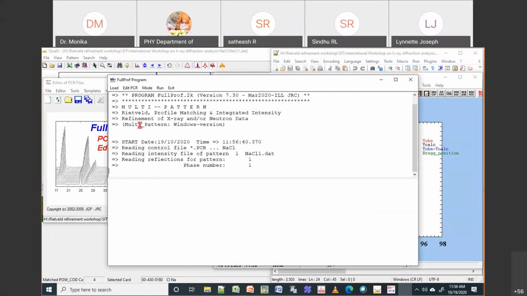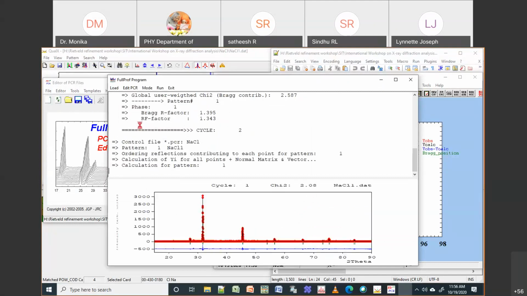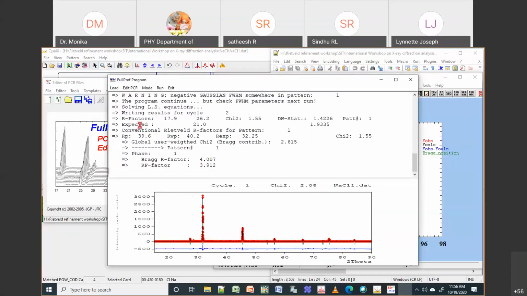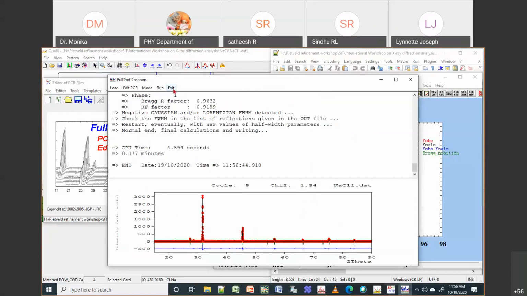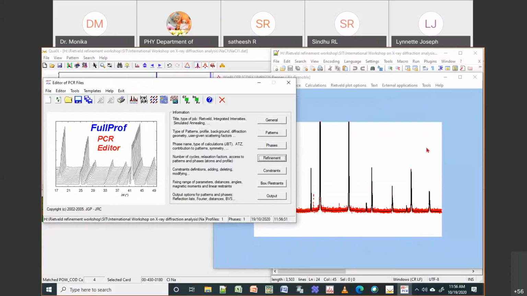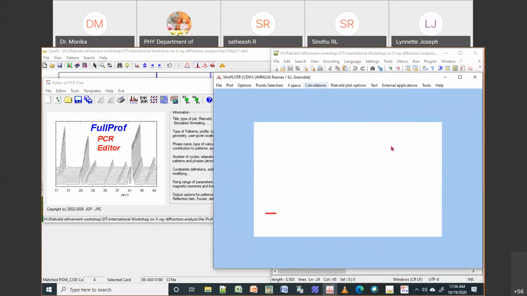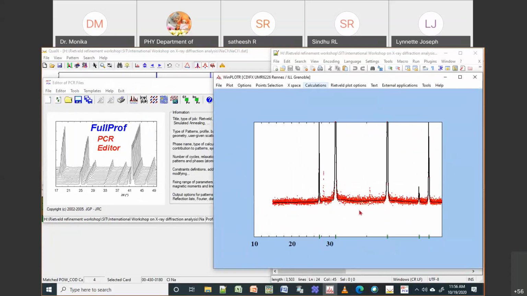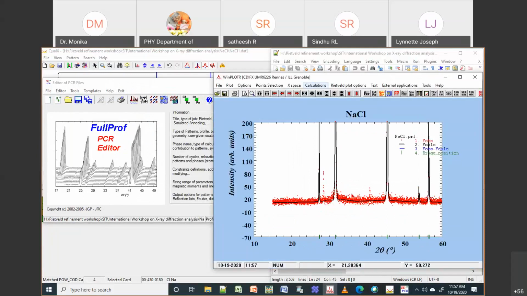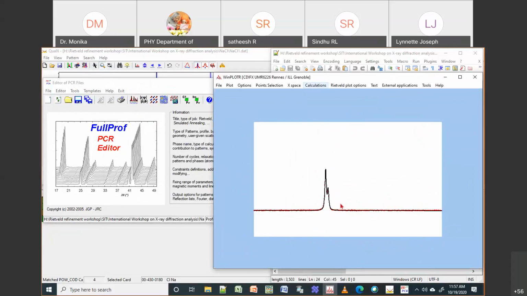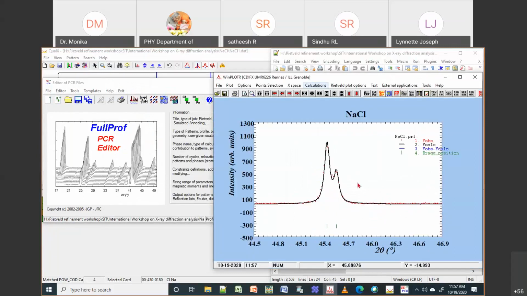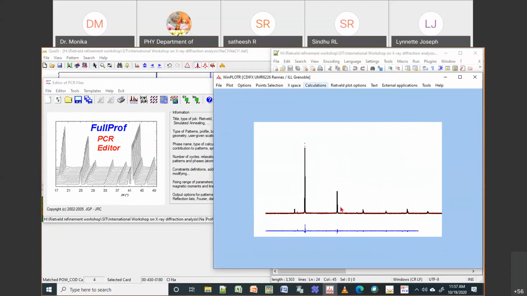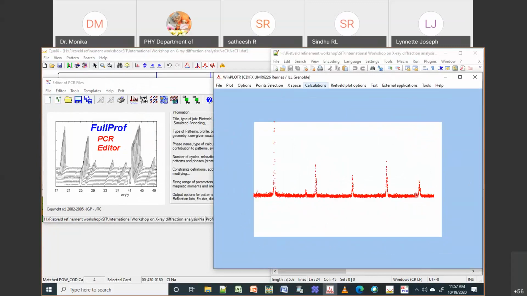So now you can see there is a drastic change in the chi-square. Okay, so this doesn't mean that you have a really good fit, it's just that the software is finding this a good fit. Okay, so always try to see your background also. Sometimes it is going out of range, then you have to come back, you have to reload your old background and restart it. Okay, but right now I think it's fine, it's not bad. So I think this is fine with the profile matching.